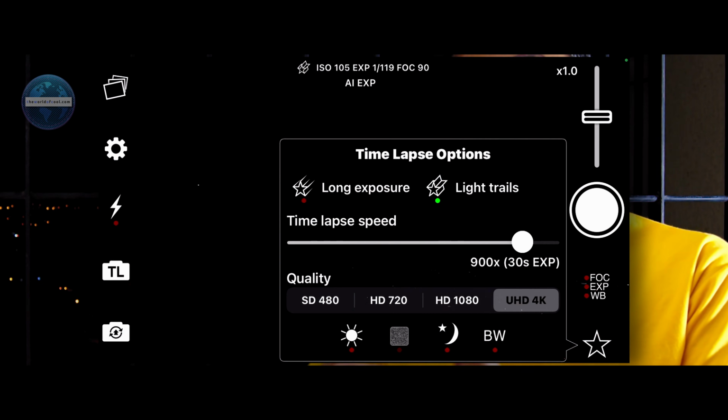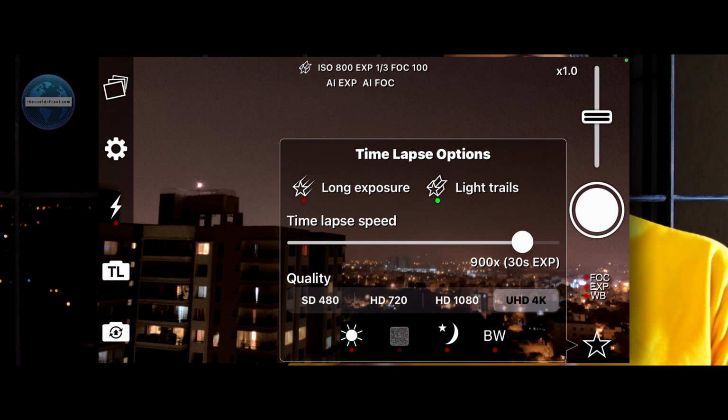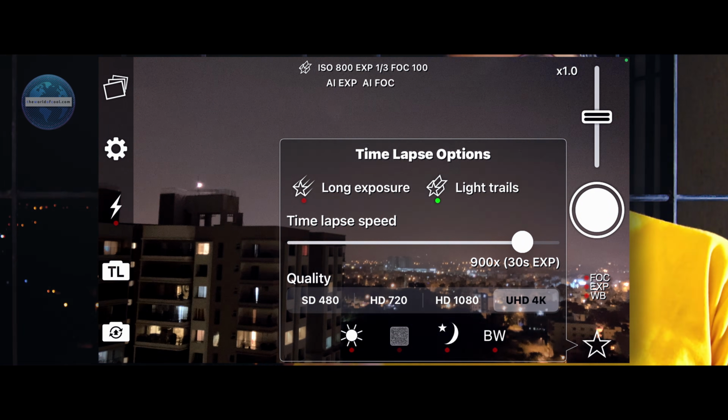Now, do you remember iPhones don't let you have very long exposures, which means this app too doesn't magically open the shutter for 30 seconds. What the Nightcap app actually does is take a lot of photos really quickly and then blend them intelligently to kind of emulate a longer exposure. That's why you need an immovable tripod. And that's why you may sometimes notice the UI becoming a bit slow. That's just normal, don't worry. Let the frame sit for a moment and the app will calculate a preview for you.